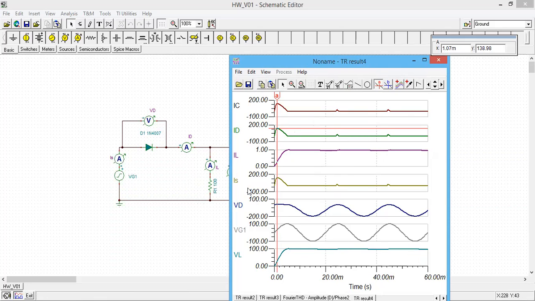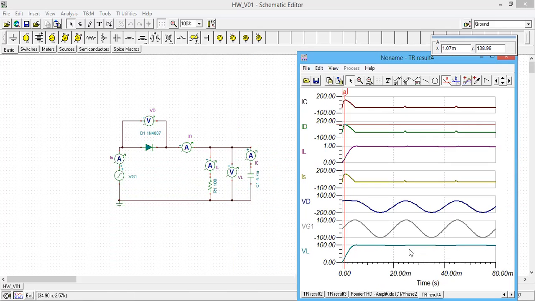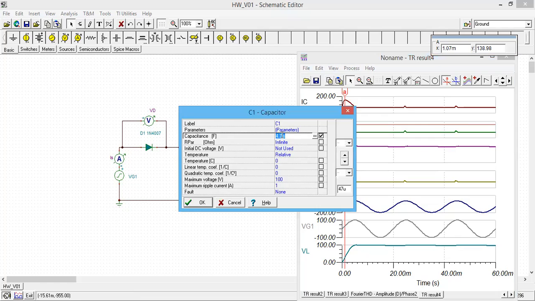So if you add the 4.7 millifarad capacitor to get a flat DC line, you can't use this diode. Either you have to use a diode with a higher repetitive peak surge current rating, then you can use it without an issue. But if you use a 1000 microfarad capacitor,